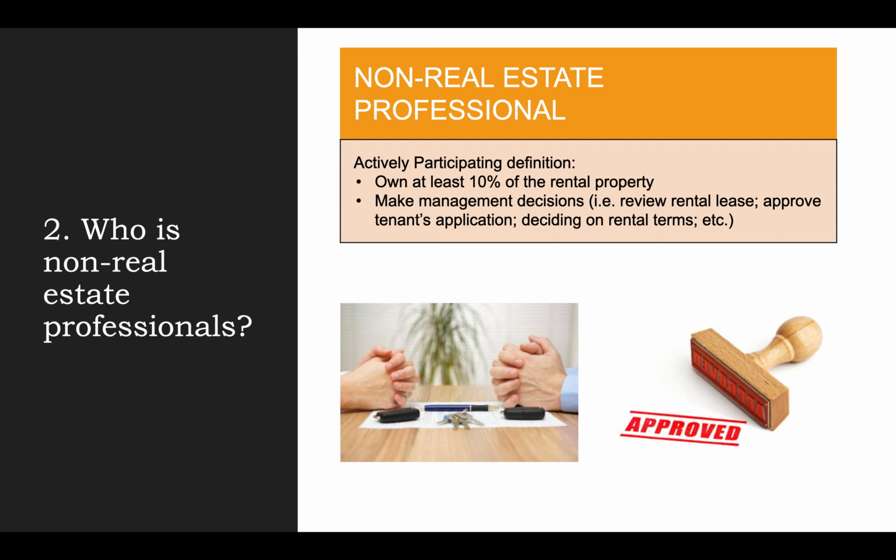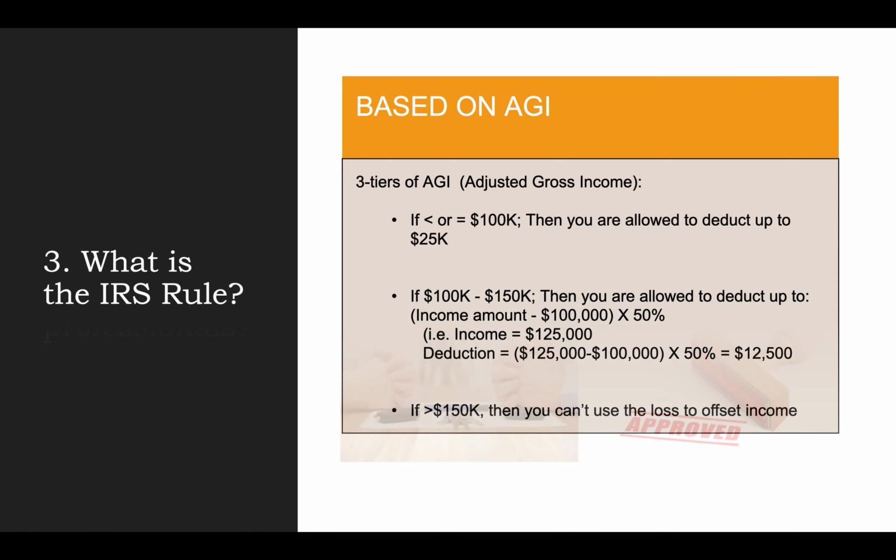And if you do generate a passive loss from your rental property, next let's take a look at the IRS rules on the maximum passive loss you're able to use to offset your earned income. The IRS rule is based upon your adjusted gross income. If your AGI is equal to or less than 100,000, then you're allowed to deduct up to 25,000. If your income is between 100 and 150,000, what you would do is take the amount that's over the 100,000